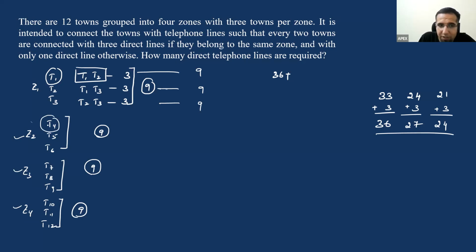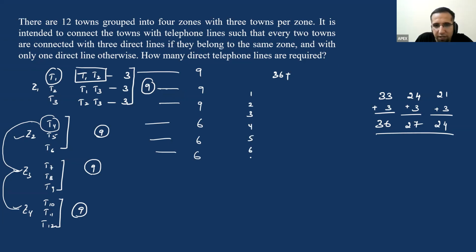So the best part is from T4, I can say that in other zones, I'm going to zone 3 and zone 4. So T4 will be going with, because T4 and T1 is done, T4 and T2 is done, T4 and T3 is also done. So I'm going to the zone 3. So T4 will have how many? 6. T5 will have 6. T6 will have 6. Clear? So I repeat, when I'm writing T1, or let's write it this way: 1, 2, 3, 4, 5, 6,